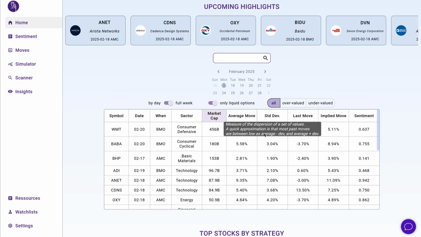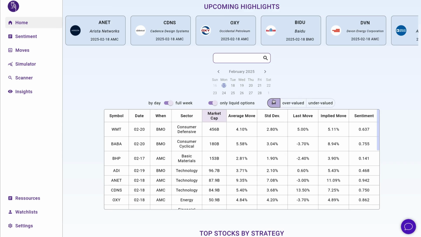The standard deviation, by the way, is a measure of dispersion, basically how wide the range of moves is, and how big these moves were that historically happened, and pretty much compare that to the implied move. As you know, this is the priced in move. This is the straddle, closest expiration straddle break even, and this is pretty much the basis of the setup that